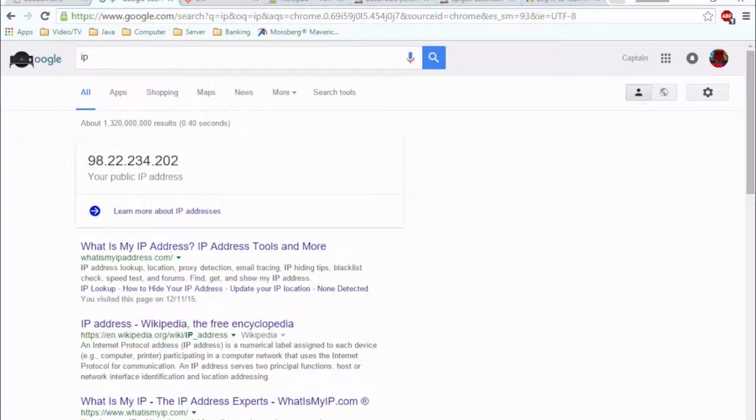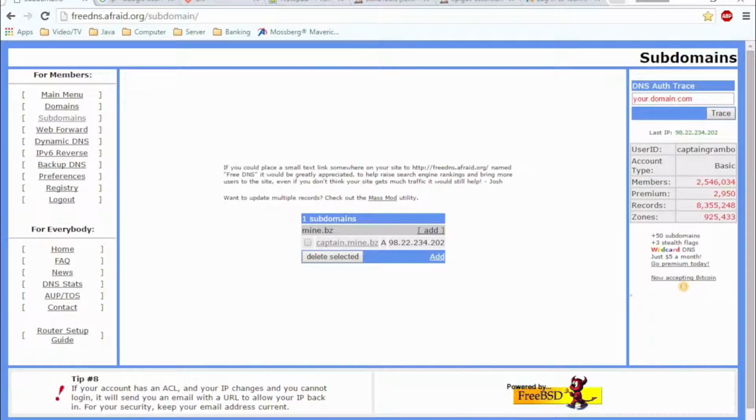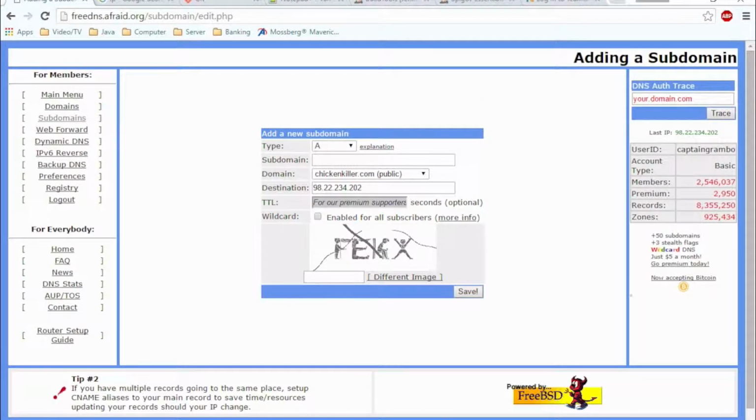So the first thing you want to do is search for your IP address. Easy enough in Google, it'll pop it up. And then you want to go under subdomains, and then you're going to add one. And you're going to select your domain. They've got a ton of them. But then you're going to choose your name, like the physical name. So I would always choose captain. So it'd be